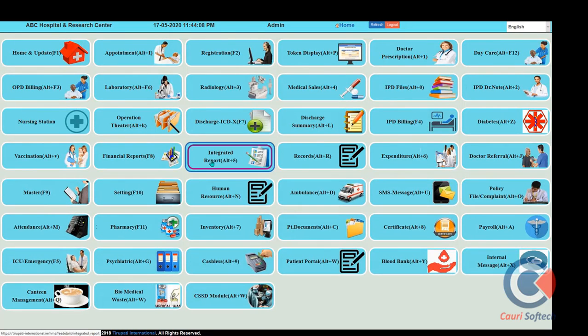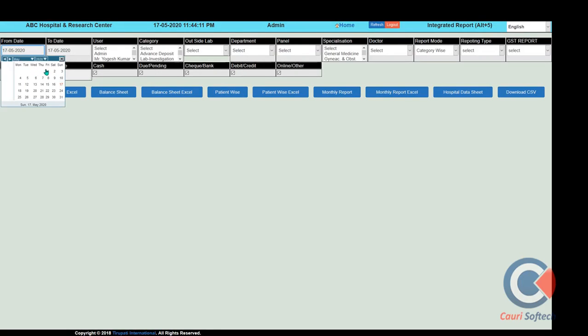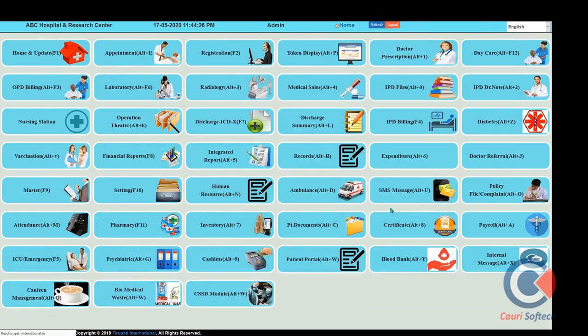Also, the balance sheet will maintain your hospital's total income and expense sheet, with various state filters applied. You can access the balance sheet from here. It will help you collect information on OP collection, IP collection, payments made from the salary head, payment deductions, and doctors' paid payment information. This way you maintain your expenditure.